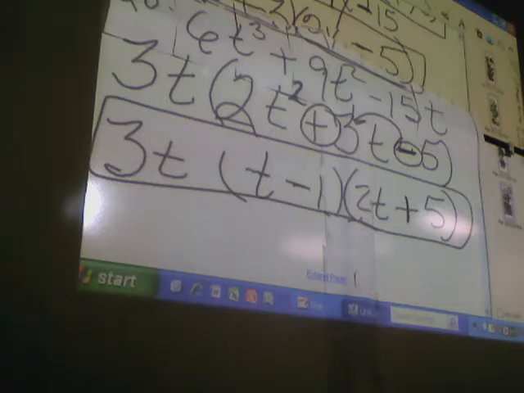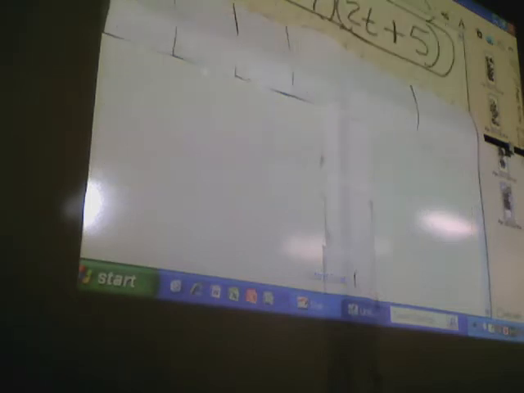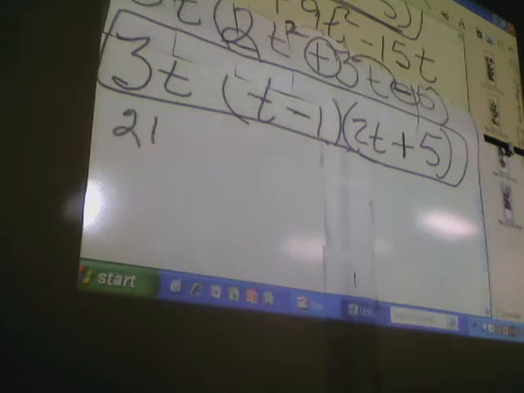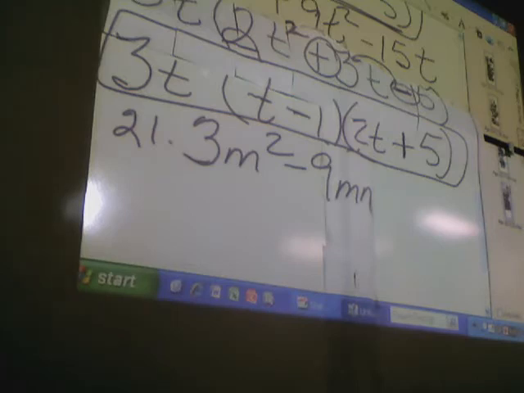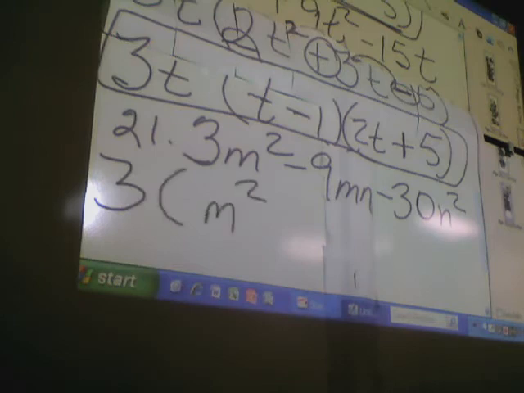Number 21. 3m squared minus 9mn minus 30n squared. Now, do they have anything in common? 3? A letter? No. No, okay. So we have m squared minus 3